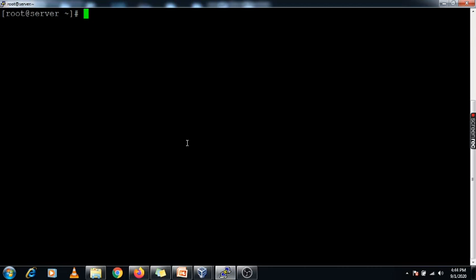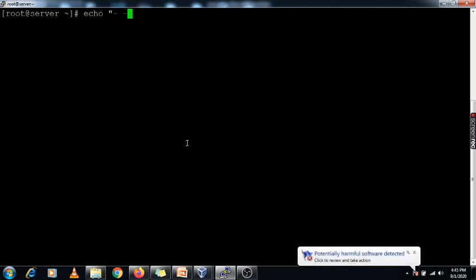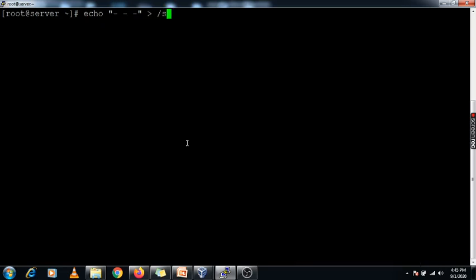This is the Red Hat 6 server we are using, and we have added one disk having the size 256 MB. Using this echo command, first we need to scan. There are three options we can define, that is hyphen hyphen hyphen, channel, target and LUN, in /sys/class/scsi_host/host0/scan.